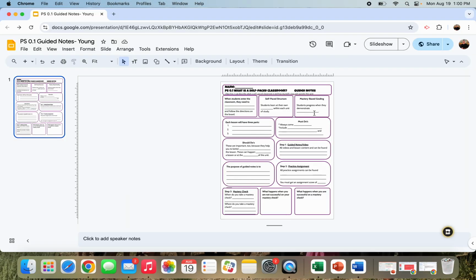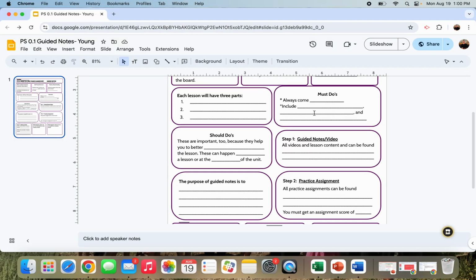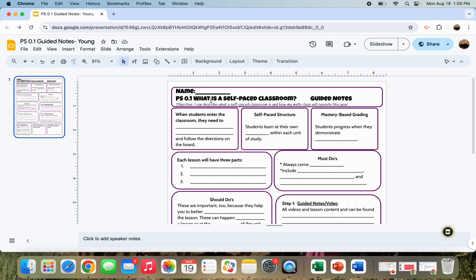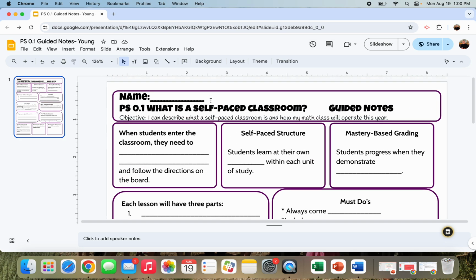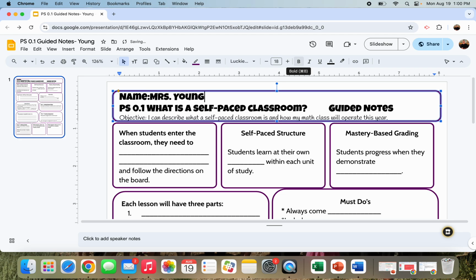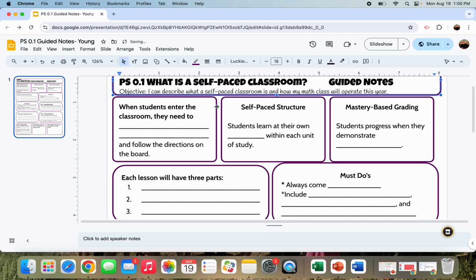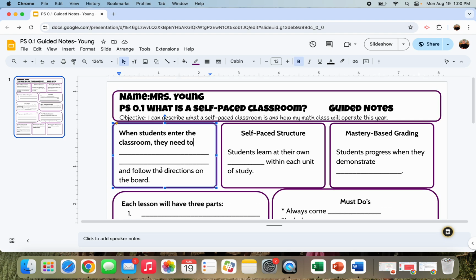I'm going to be typing in the information, so hopefully you can kind of follow along and see how it goes. So I might start by putting my name. I'm going to put Mrs. Young. Okay. When students enter the classroom, they need to blank and follow the directions on the board. So this is where you are going to write on your paper. So what I would put, I'm going to delete these lines. They need to